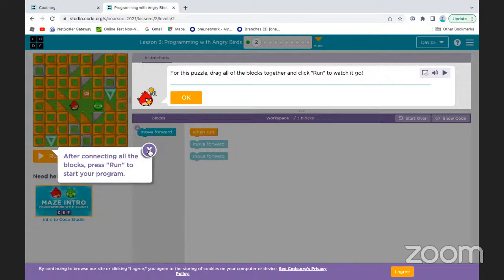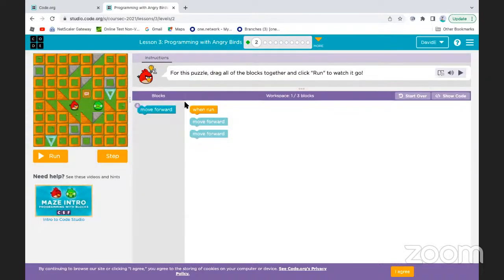So for this puzzle, drag all of the blocks together and click run to watch it go. Okay. So we have to drag all of these blocks into the "when run" block. So when you press this button, which is run, it will do all of the instructions that are in there.